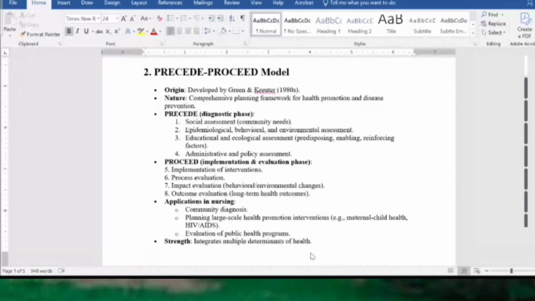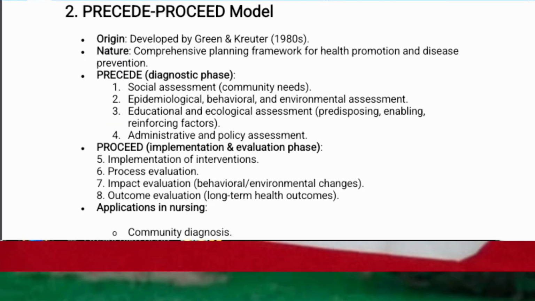Diagnostic phase. Number one, social assessment, community needs. Number two, epidemiological, behavioral, and environmental assessment. Number three, educational and ecological assessment: predisposing, enabling, reinforcing factors. Number four, administrative and policy assessment. PROCEED